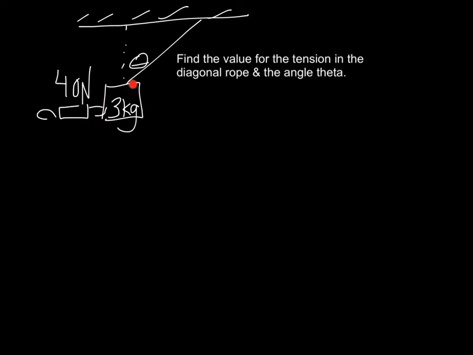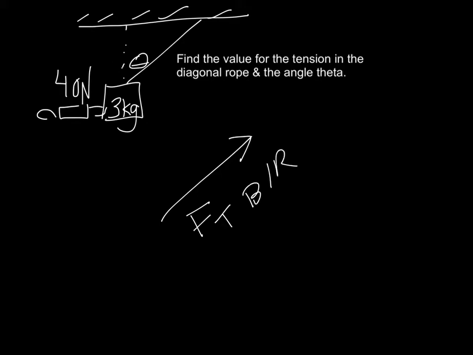And then, of course, you have the gravitational force on this box, which will be 3 kilograms times 10 newtons per kilogram, and that's downward. And then the tension here is diagonal. Of course, you know that the ceiling never touches this box, so it doesn't provide a force at all. Therefore, the correct drawing would be like this, and that would be the force tension on the box from